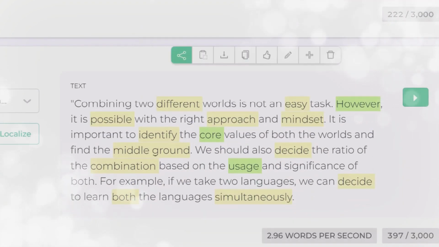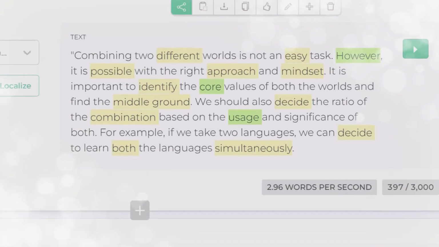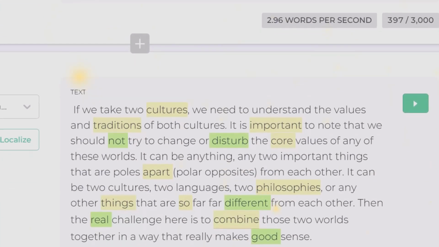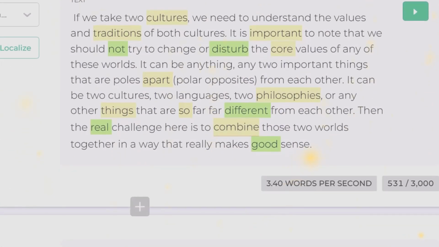Combining two different worlds is not an easy task. However, it is possible with the right approach and mindset. It is important to identify the core values of both worlds and find the middle ground. We should also decide the ratio of the combination based on the usage and significance of both. For example, if we take two languages, we can decide to learn both languages simultaneously. If we take two cultures, we need to understand the values and traditions of both cultures. It is important to note that we should not try to change or disturb the core values of any of